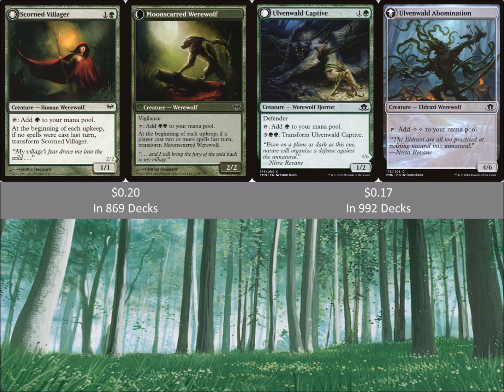Overgrown Captive, 2 mana, tap for a single green. This one does have Defender, but I didn't include it in the Wall Tribal, Defender Tribal cards previously because it flips over. For 7 mana you can transform him into Ulvenwold Abomination, which is an Eldrazi werewolf, and this one will tap for double colorless. So the back half of this card doesn't have Defender. It still has a bigger toughness than power. It's a 4/6 on the backside, but unlike the previous cards, Scorned Villager and Moonscarred Werewolf, this one doesn't flip back and forth. You pay the mana to flip it, and once it's flipped to the bigger half,